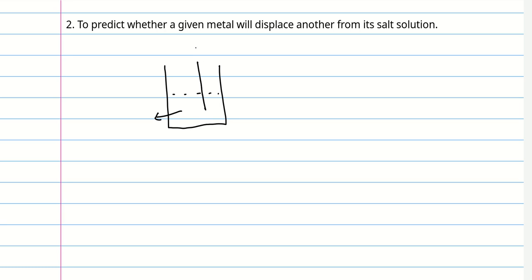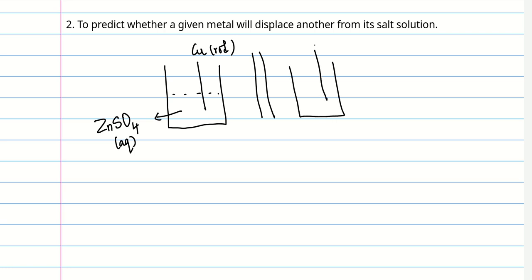a copper rod in zinc sulfate, so it's a zinc sulfate solution. In another case, I have taken a zinc rod in a copper sulfate solution. So what I'm asking is, does copper from the electrode come out as Cu2+ and then combine with SO4